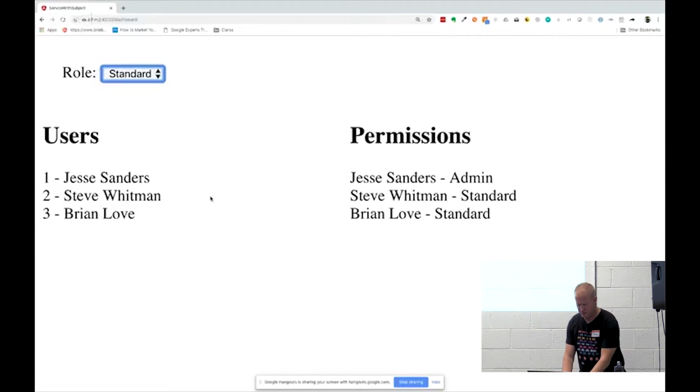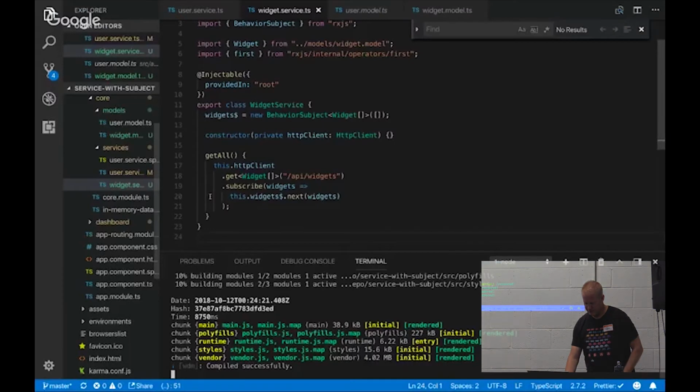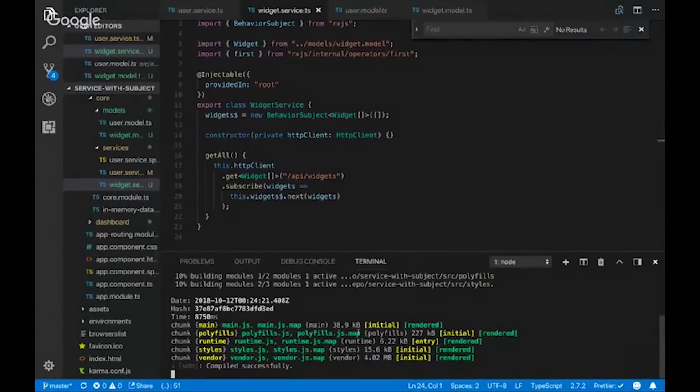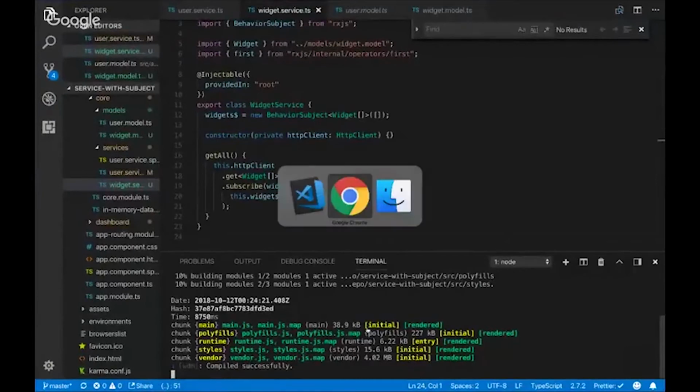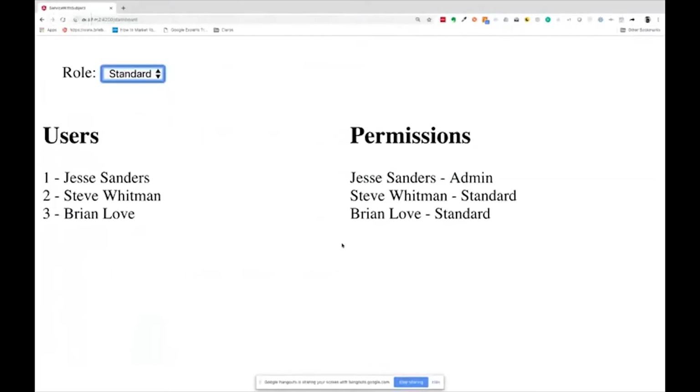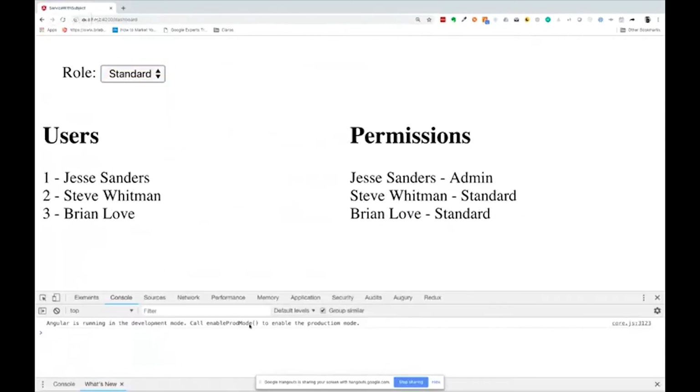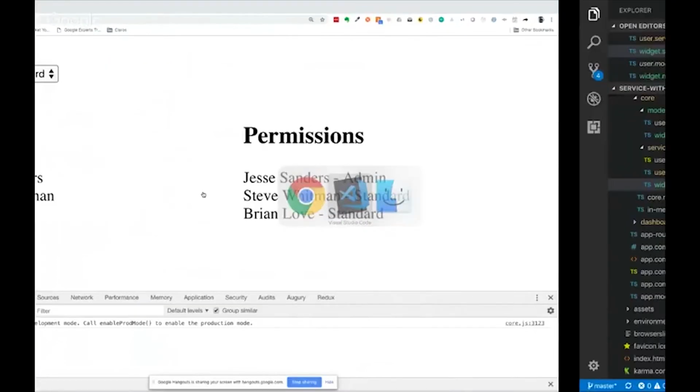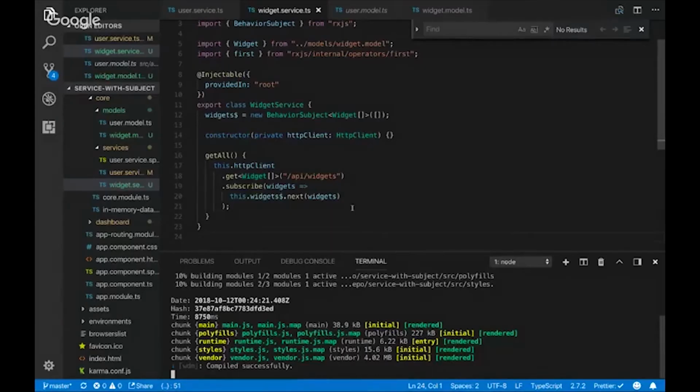I have a bug or something's going on here. Well, it looks like I've successfully broken the application. Amongst all the confusion, we'll take a look in here and see if there's something I've done that's causing that issue. Let's see, do we have an error here? No. Admin, standard. This is good. This was working just a few hours ago. We'll figure that out as we go here, hopefully. Let me make this just a little bit bigger.